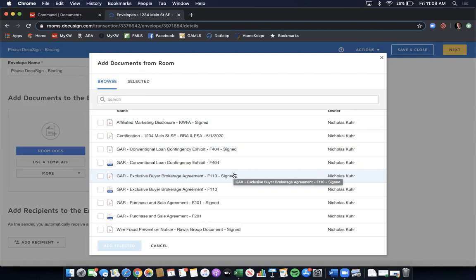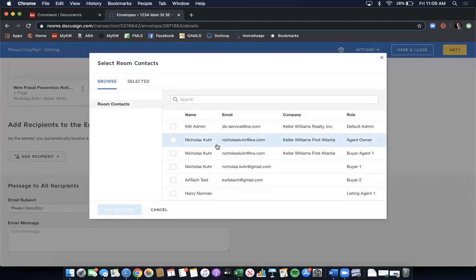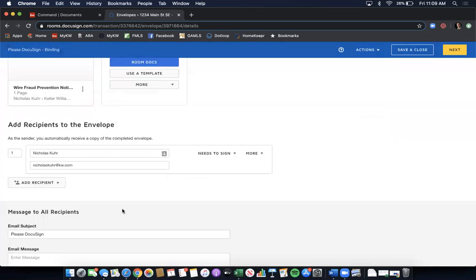So for this example today, I had already made our purchase and sale as well as the buyer brokerage agreement binding. So I'm just going to show you on the wire fraud prevention how you could do it. It'd be the same thing. So I'll just select that document. I'll come down to recipient, hit room participants, and then I'm going to select myself, agent owner, add selected,